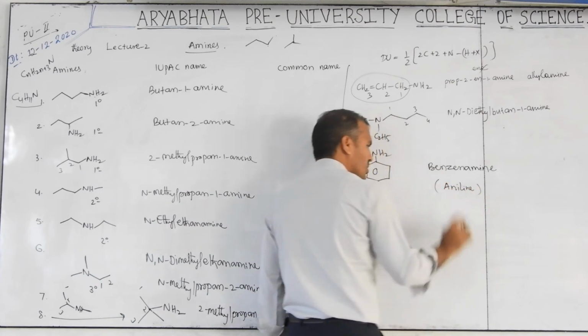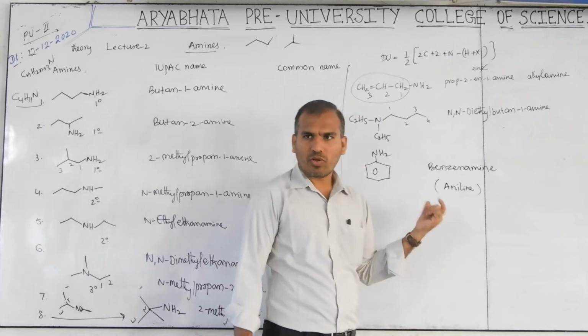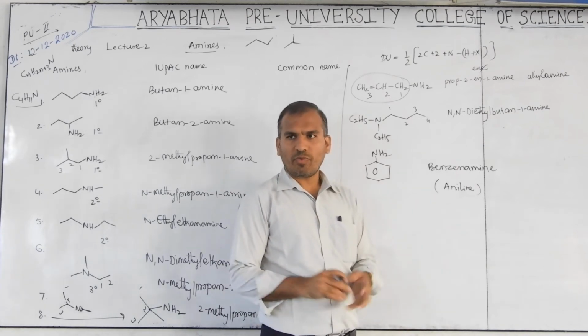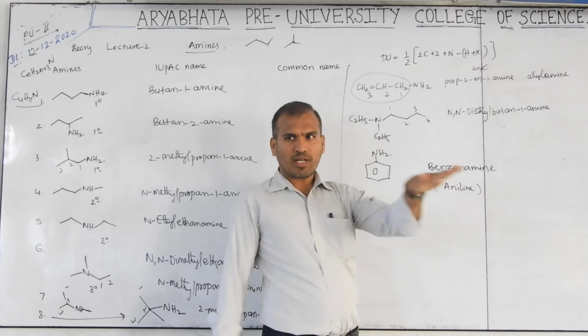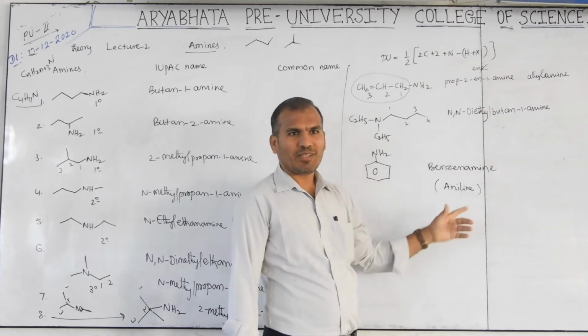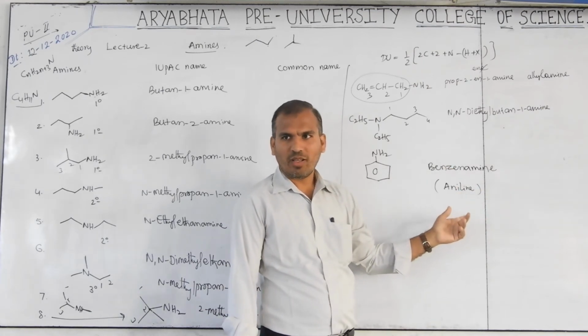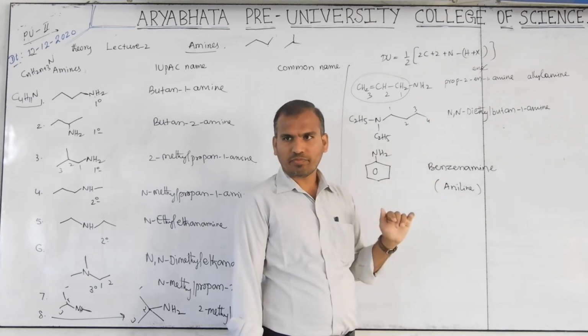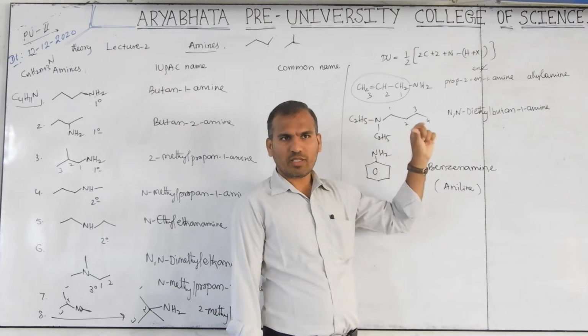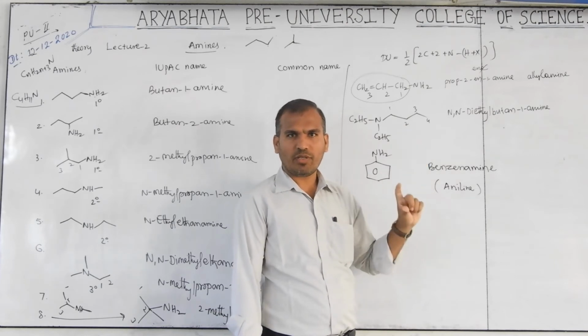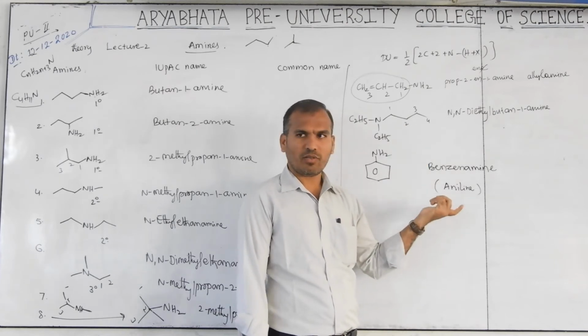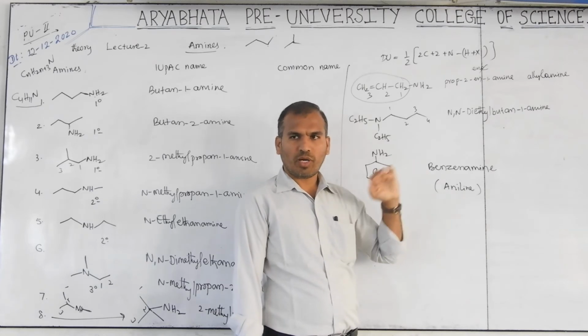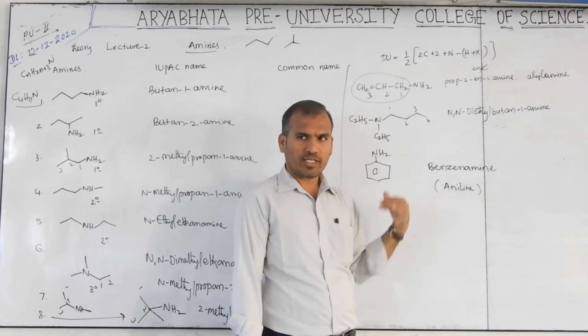This I gave in the first year coaching part. Aniline also accepted name. How to remember which is accepted name? The first members of the chapters are accepted names. Got the point? Benzene with methyl group, toluene, accepted name. Phenol, OH, accepted name. Phenol is IUPAC name also, accepted common name also. Next is anisole. On benzene methoxy group, that is anisole, accepted name.